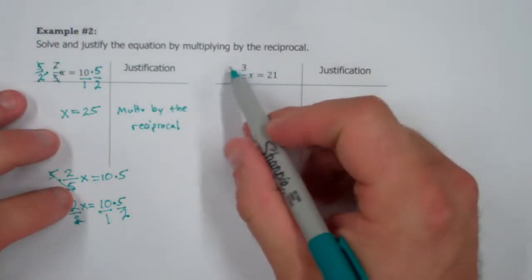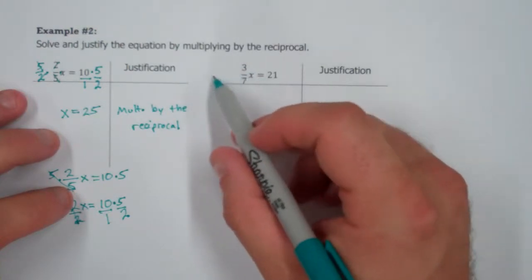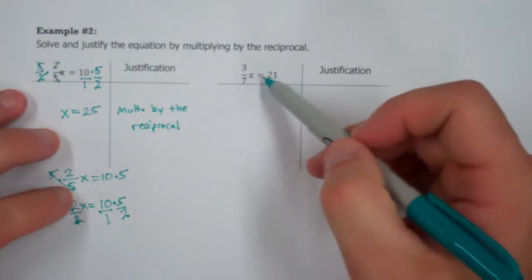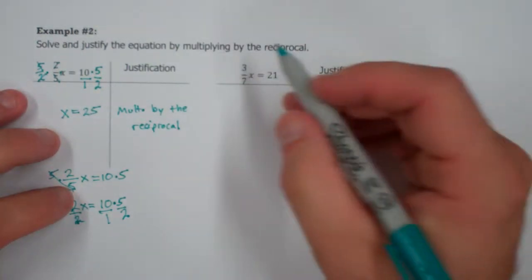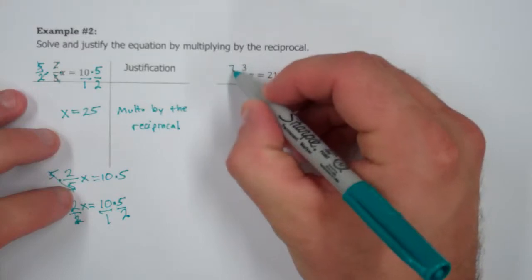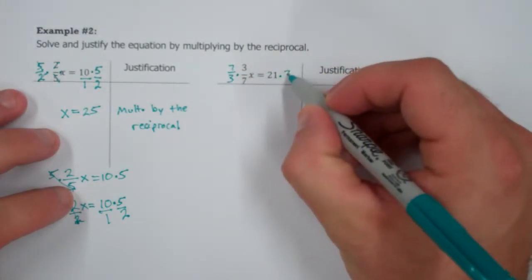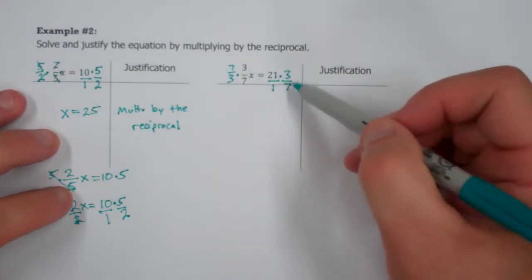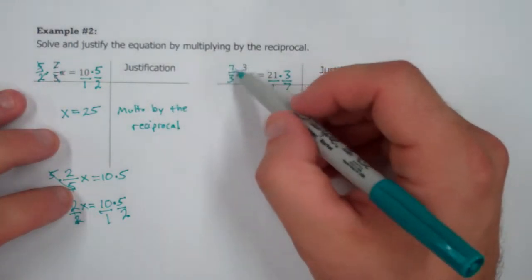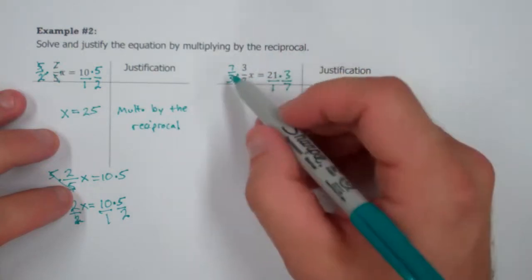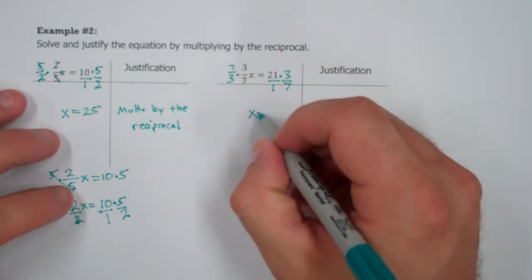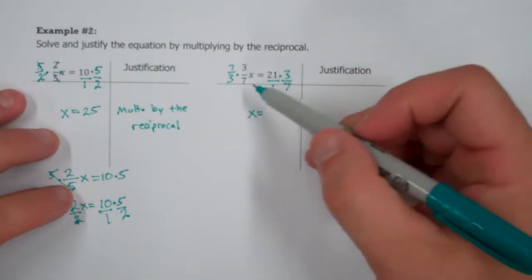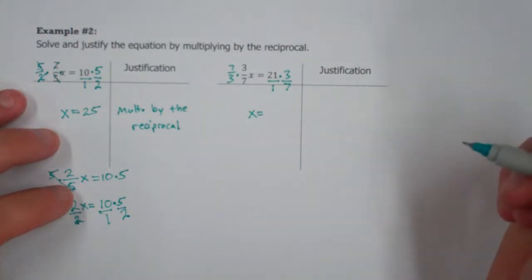The next one's the same way. There's nothing else outside of this equation, like to the left. There's nothing in between this one term. So when we have this one term equal to another term, it's totally time to multiply by the reciprocal to clear this fraction. Again, notice I'm being very careful with where my 21 is and then how I write my fraction. So 7 over 7 is 1, 3 over 3 is 1, 1 times x is just x. That's our goal, to figure out what x is. What value of x will make this equation true,